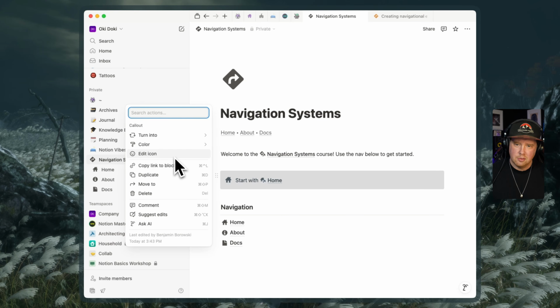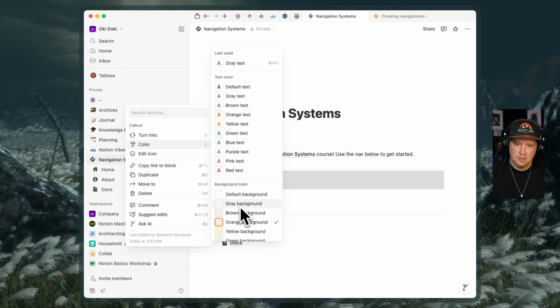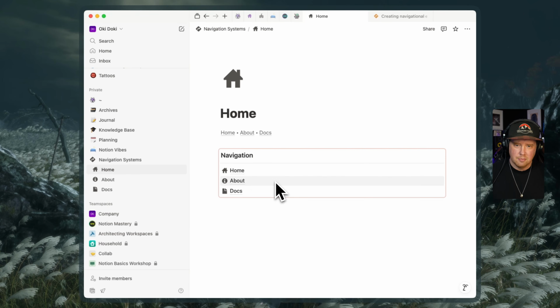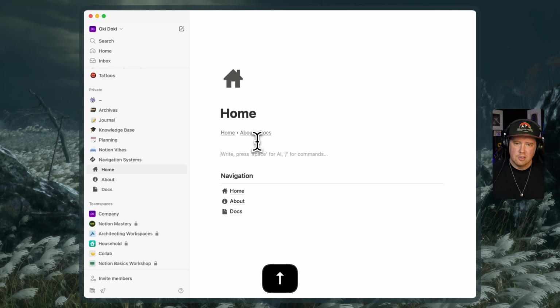Notion defaulted me to orange, which I was using previously with something else, but I'm going to put in a gray background here. And this way you can link somebody to the navigational systems page, and maybe they see this introduction and then they click into home. And when they do their home stuff here, maybe down at the bottom you would say, callout, next up,